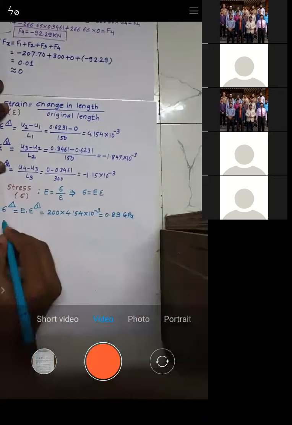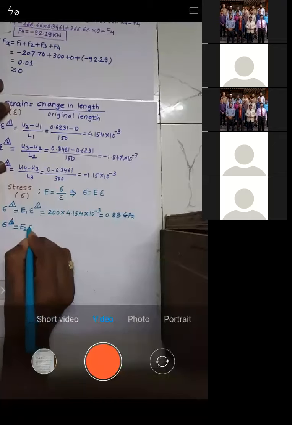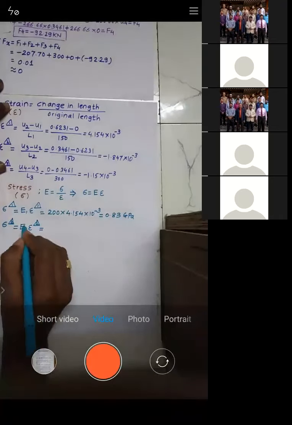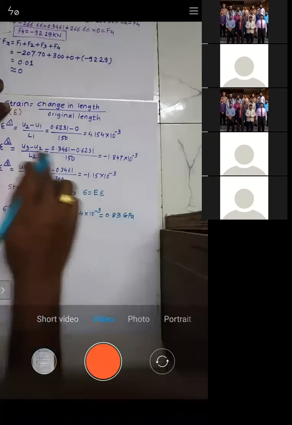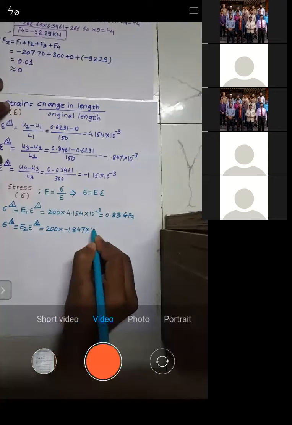Now let's go for the stress induced in element number 2. This is E2 multiplied by the strain. E2 is the same throughout the problem, that is 200. This is to be multiplied by the strain, minus 1.847 into 10 to the power minus 3.